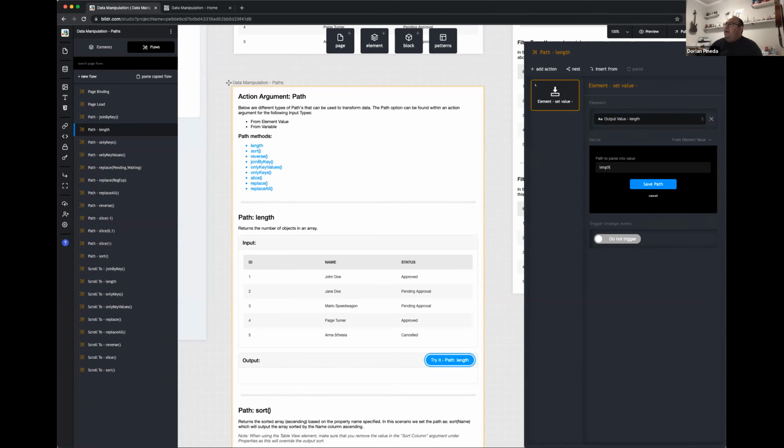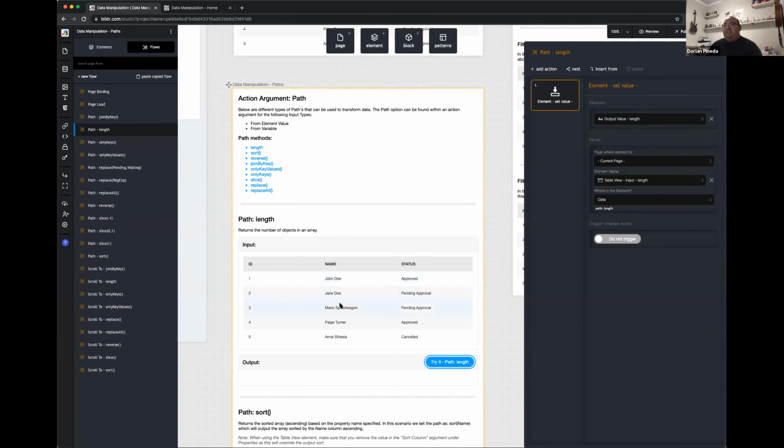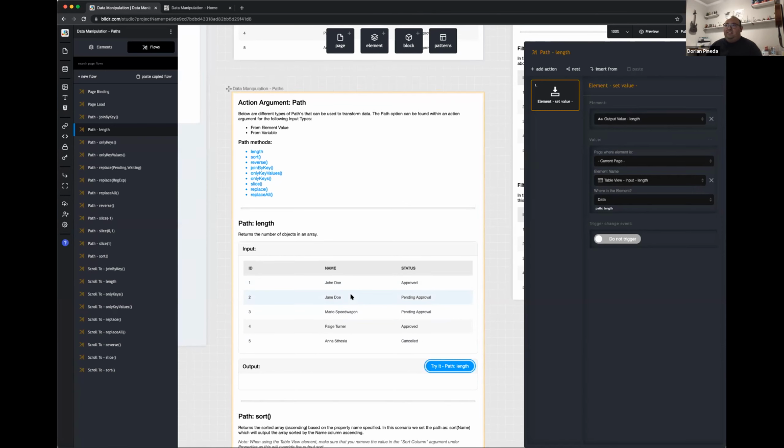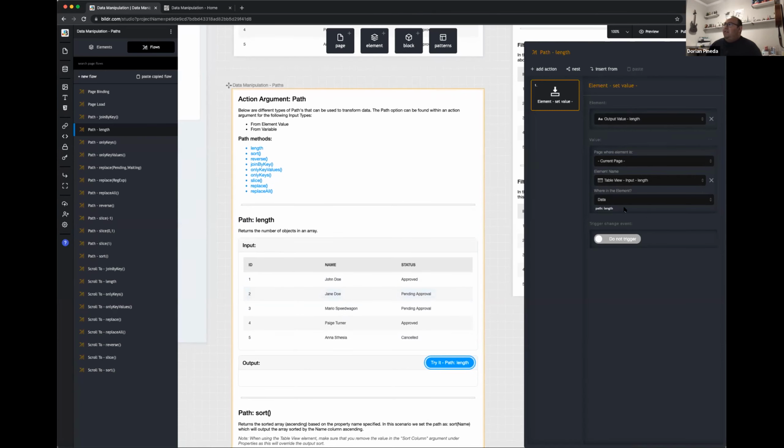But in this case, basically what this is doing is it's grabbing the value from this element here, which in this case, it's a table view element. And actually, it's not even the value, it's grabbing the data that's being set in that table view element. And the reason I'm doing the data is because it's going to grab the data before it even attempts to try to load those entities into the element. So in cases like if you're using the grid element,